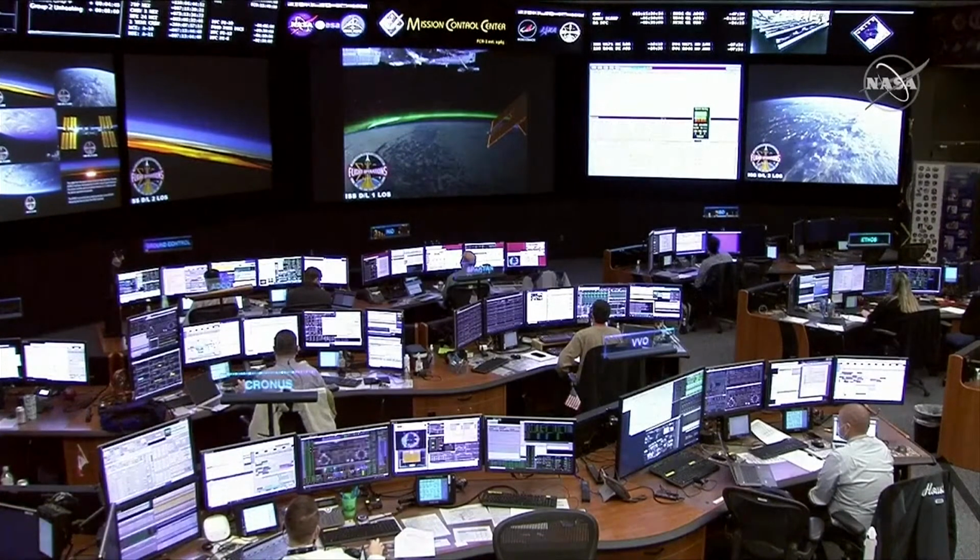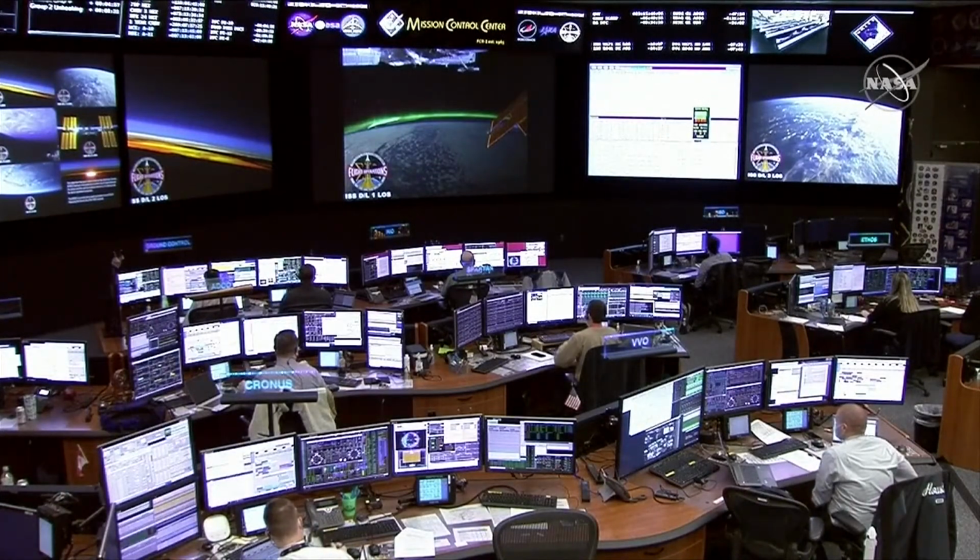If you're just joining us this morning, we're bringing you live coverage of the autonomous undocking of a SpaceX Cargo Dragon vehicle that has been docked to the space station since December 22nd. Packed inside Cargo Dragon is more than 4,000...